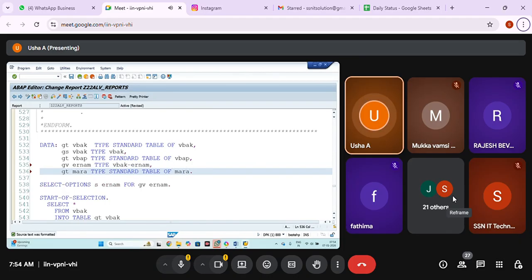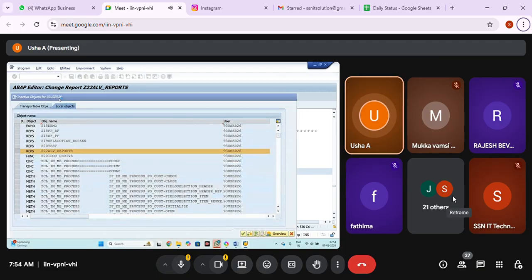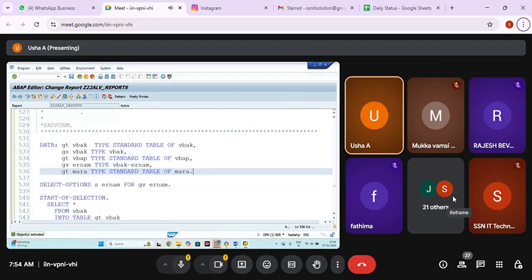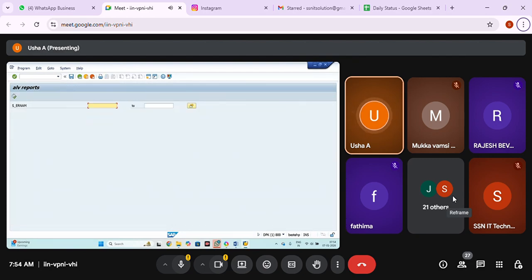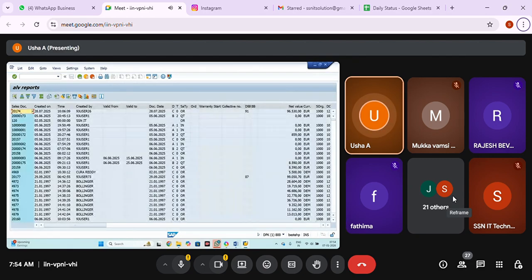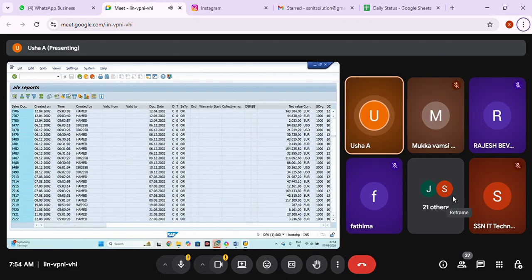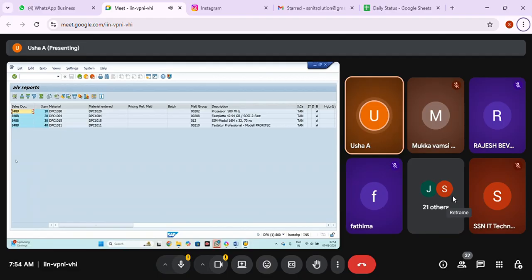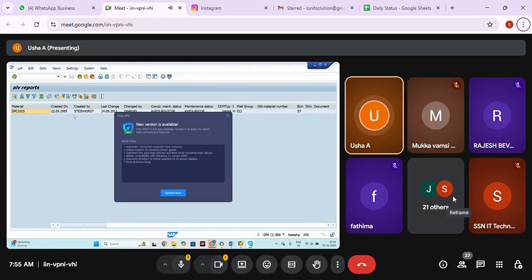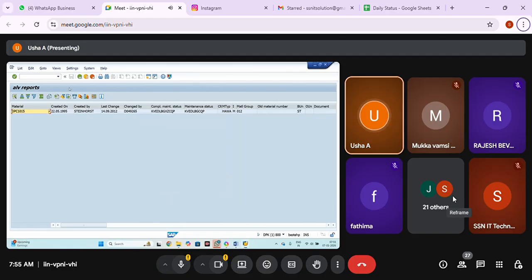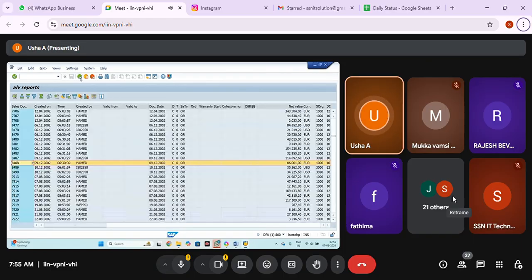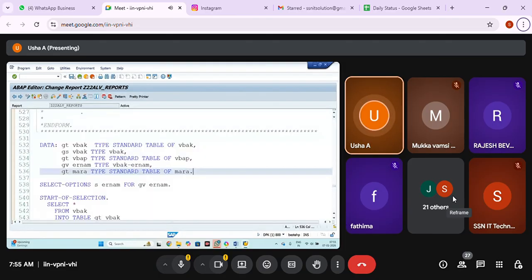So here I'm not using any work area. Directly I'm capturing the dynamic value and display. So first I'll run as usual. Just run it. So not only in the first page, wherever you want, you can go to the page down somewhere else also. You can see and double click on the VBELN and it will be showing. And you can select on any material. It's going to display that material details. So this is about line interaction. But for this, what we need to do?